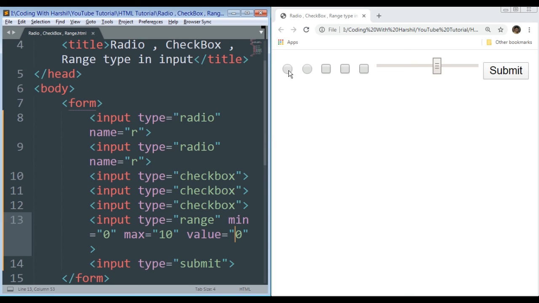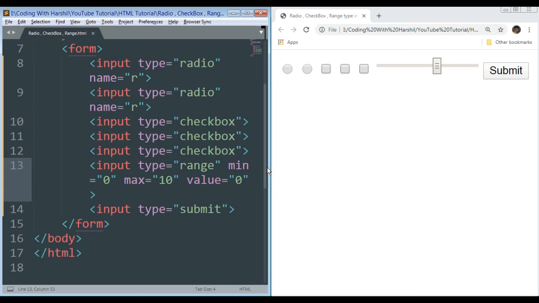And these radio buttons can be used for male, female, or for identifying the standard of the person. Like if the person is studying in school, in which standard he is studying, like first, second, third, fourth. Okay, so that is the thing for the radio button, checkbox, and range.